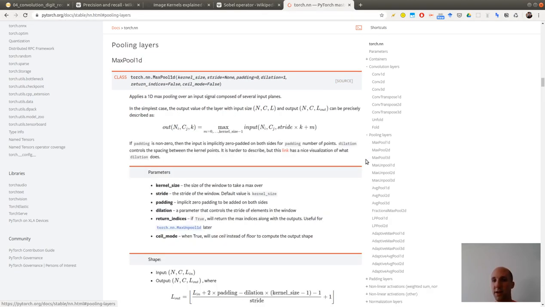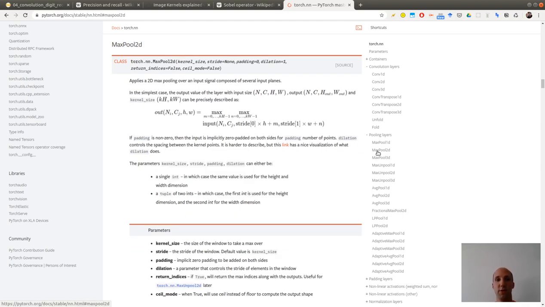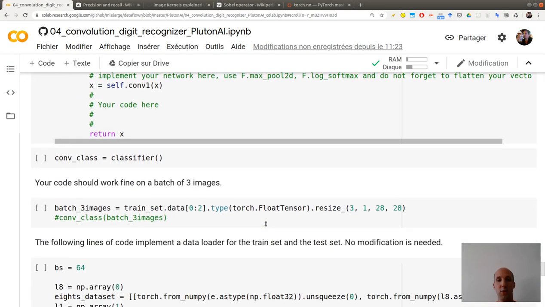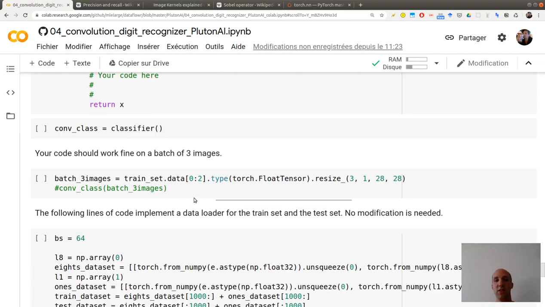Pooling layers are here. So you have max pool 2D, which is a bit simpler to use. And once you are done with this, you just test it on a batch of 3 images.